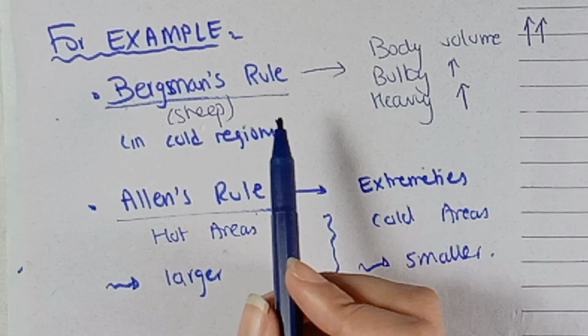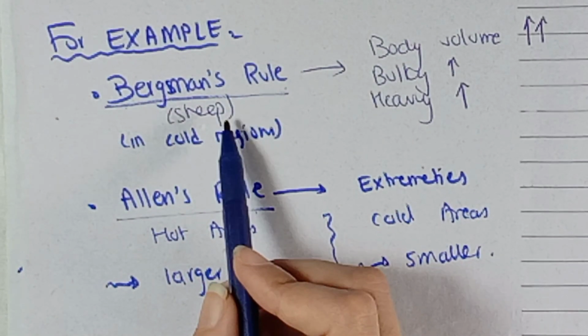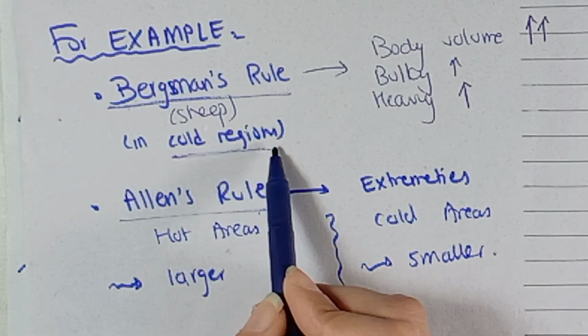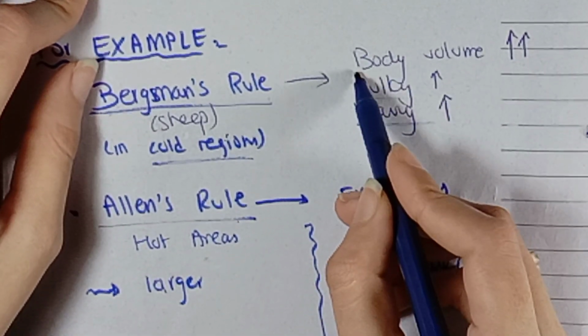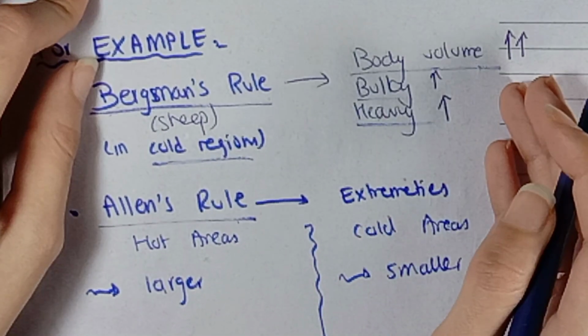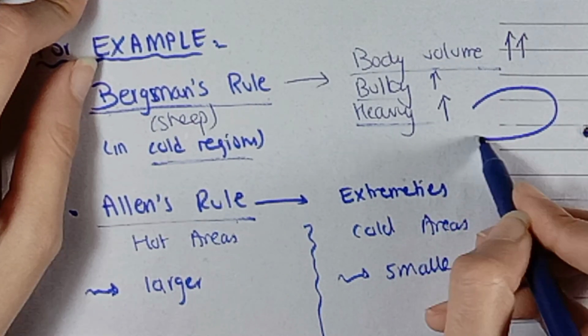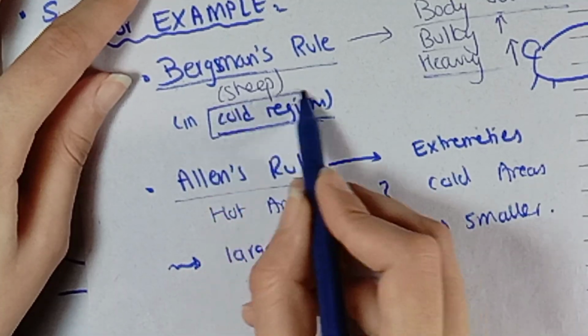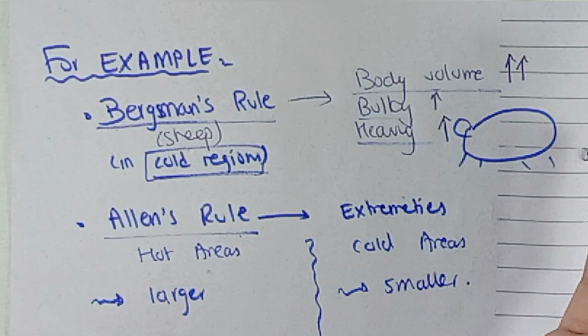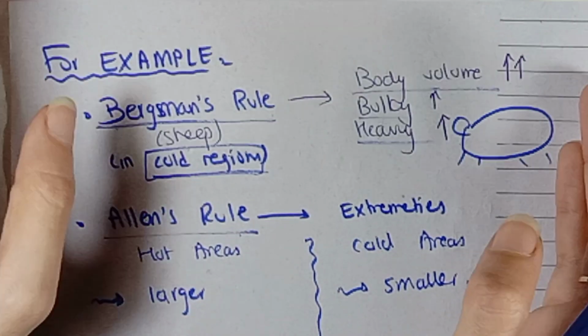According to this rule, the sheep in the cold regions, in the northern areas, are very bulky, very heavy, and have a very large body volume. It means massive sheep are present in the cold areas or the northern regions. Like we have studied, animals with large body weight, who are heavy,